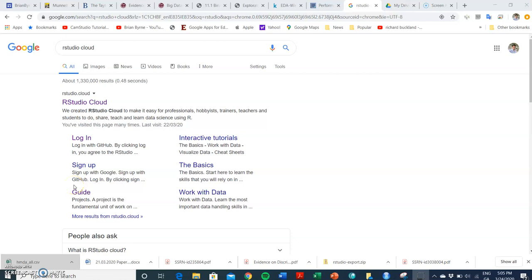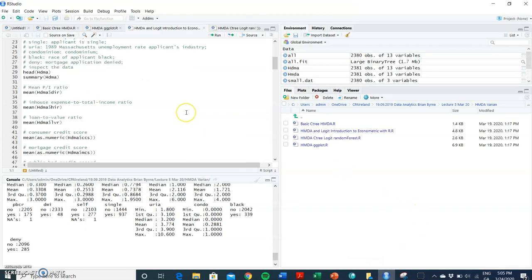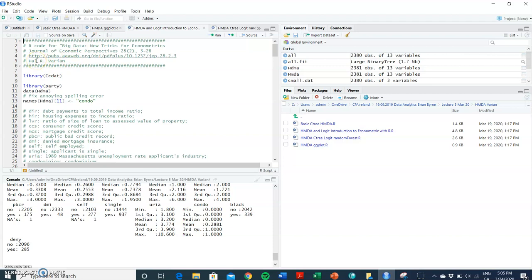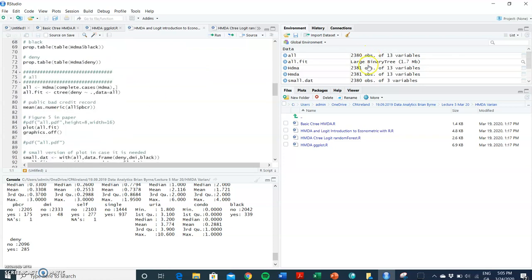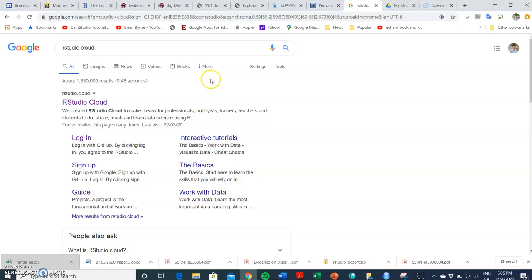Okay, in this video I'm going to take a look at RStudio Cloud, which is a browser option. RStudio generally can be used as a desktop application, and you can put code into the console here, and you can run estimations based on scripts and data that's available either through packages or you import in. But another option is RStudio Cloud, which is basically if you go into your Google or your Internet Explorer,